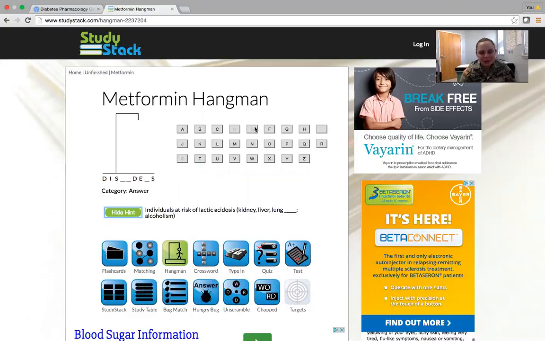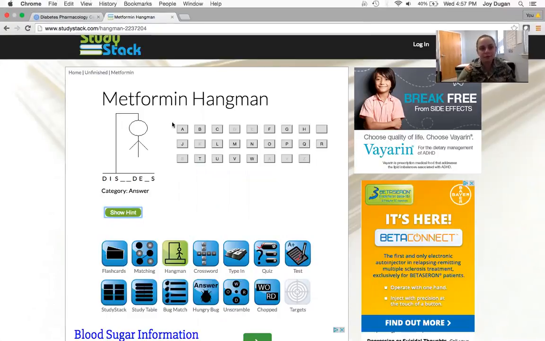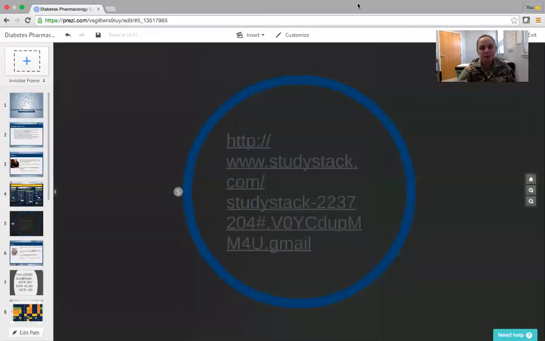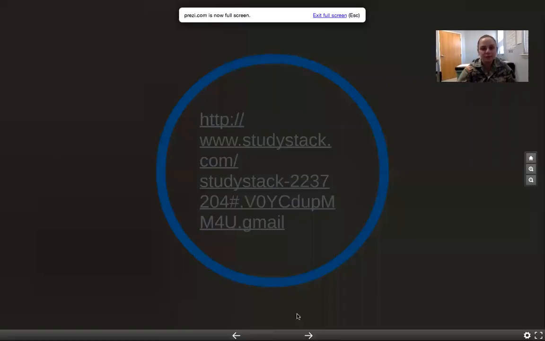So we know it's probably diseases. But let's click something wrong, and then you can see that it'll create your little hangman. So you can do this over and over again, and they'll come up with different principles related to metformin. There's also other matching games, or the hungry bug, that might help you to apply these principles. So going back to our Prezi,